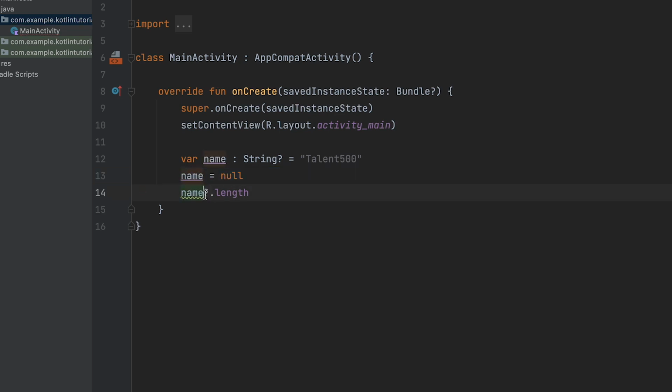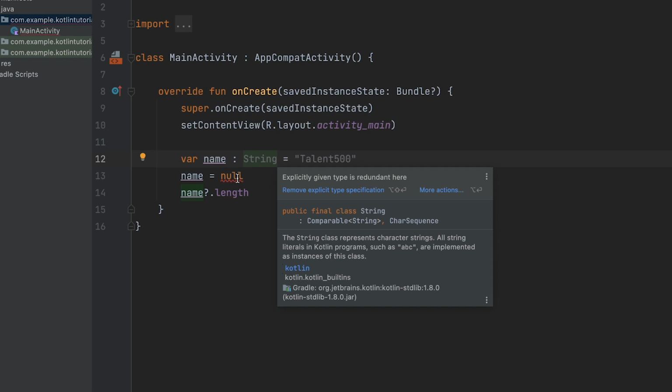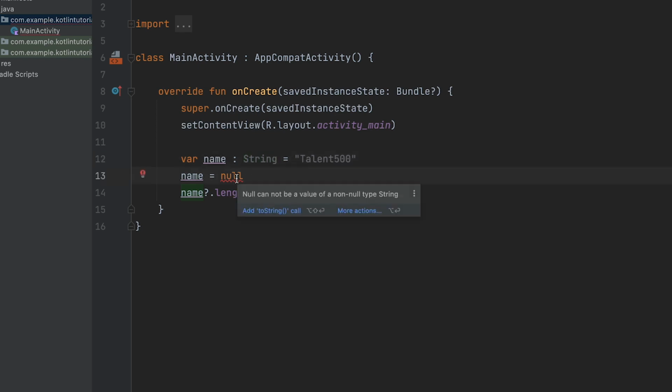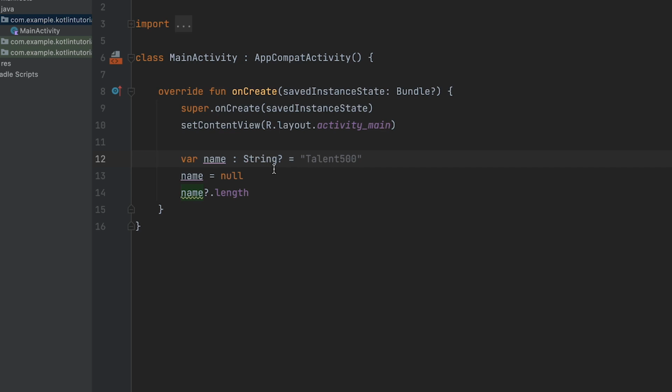So what this will do is, even if the value of name is null, it will not make my app crash. It will save the developer's day, right? It will save me from getting complaints from my users, from my customers. Okay, so this is called null safety. This way I am declaring null safe variables, right? If I remove the question mark, I am getting an error that null cannot be a value of non-null type. So if I put the question mark, again it's all good, right?